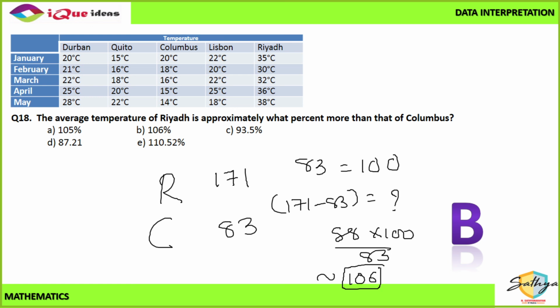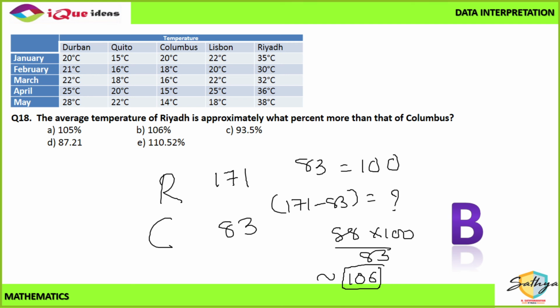Did you understand why I did not divide by 5? Because it does not make any difference to the step. If both are divided by 5, the percentage-wise both are same. So I save a few seconds by not doing that average division. It's not required. When you are comparing percentages, whether you take the total value or the average value, comparison will always remain the same. Did you get why I did not find out the average? It is not required. I'm just saving one step.